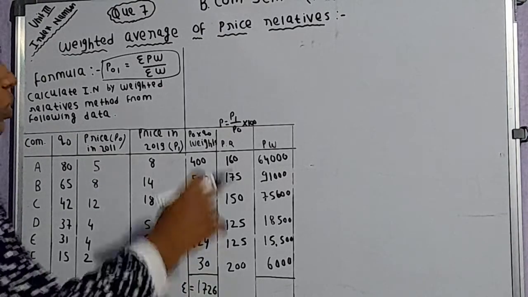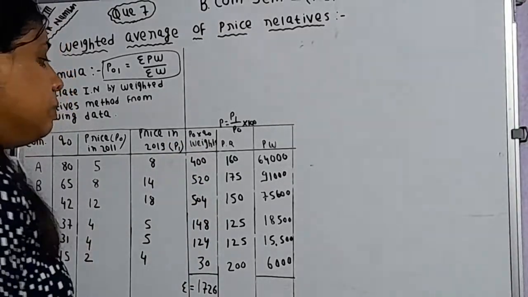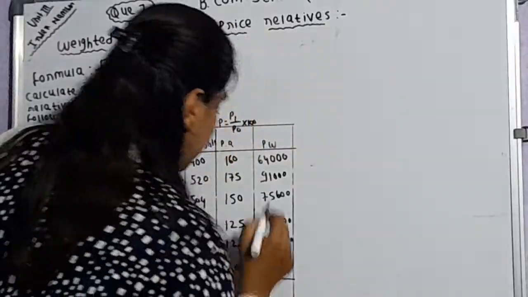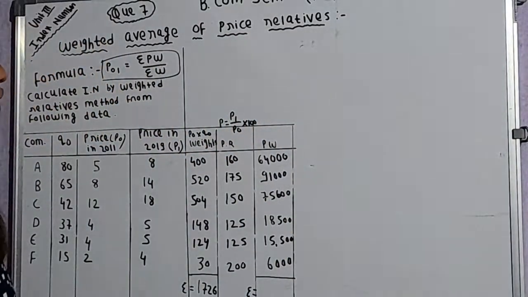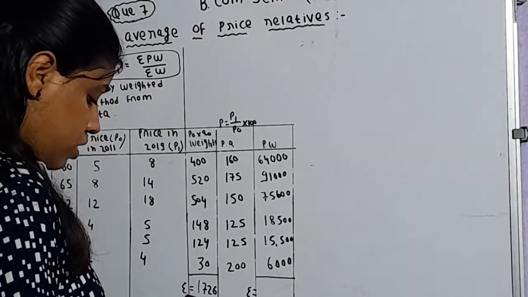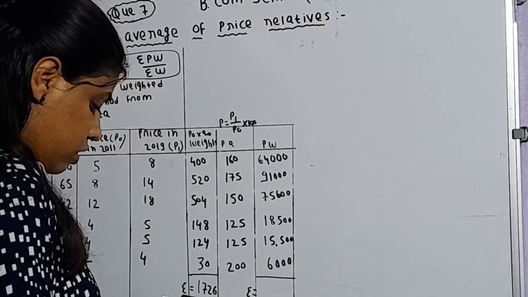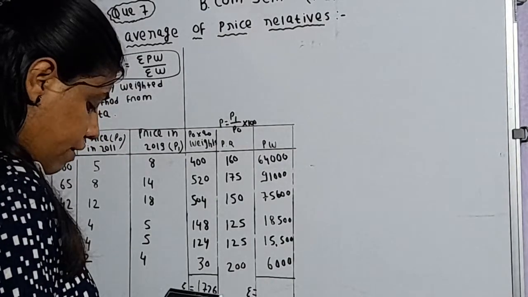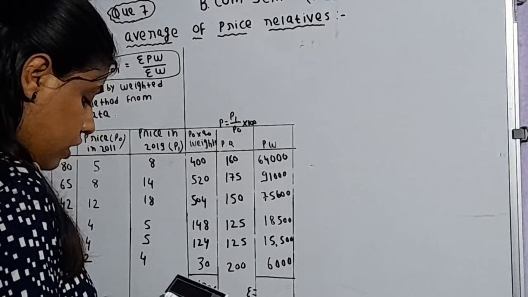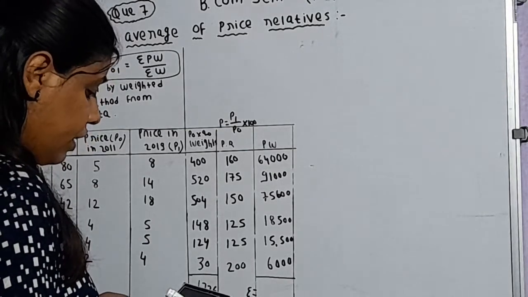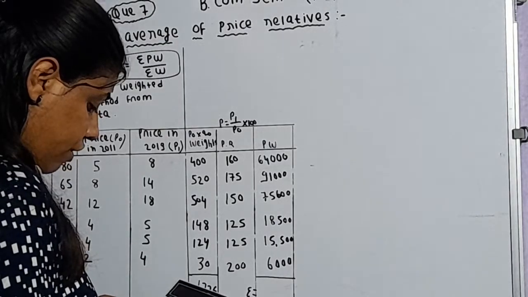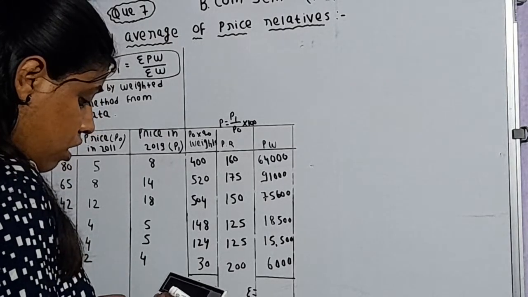After that, we have to compute the summation of the product of price relative and weight. That is why we are going to add this column. 64,000 plus 91,000 plus 75,600 plus 18,500 plus 15,500